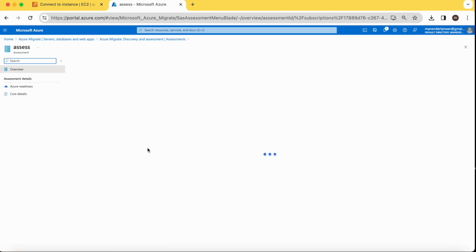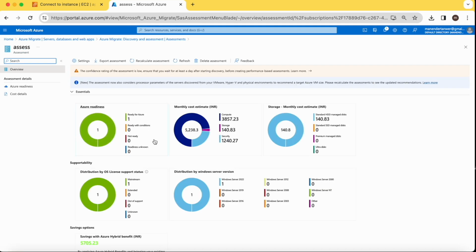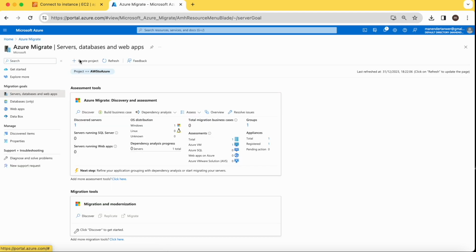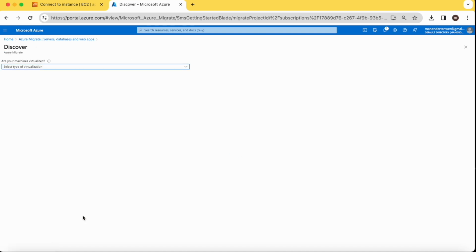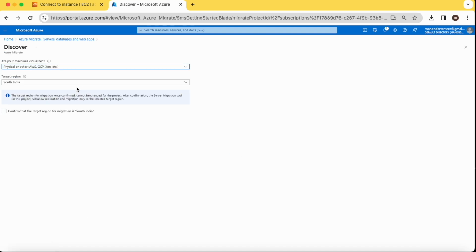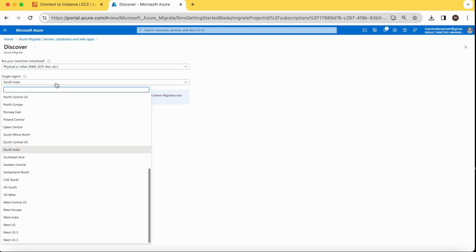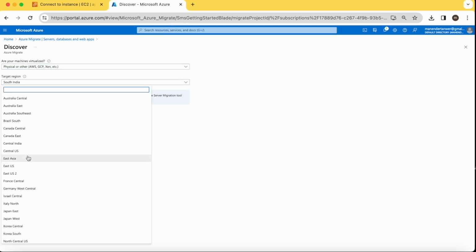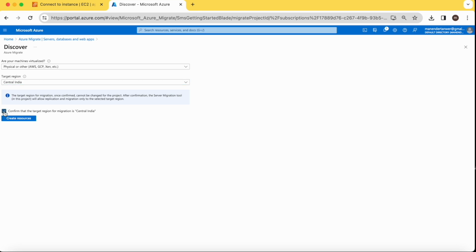In our last video we saw the assessment. Now we can see our one VM is ready for the migration. This video starts the migration process. This is the second step; you can see the first we have already done. Let's start with the second part. First we have to create the replication appliance which will replicate your VM. Select where your virtual machine is hosted, target region,